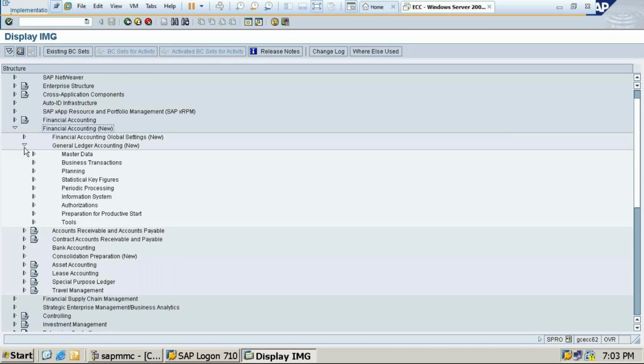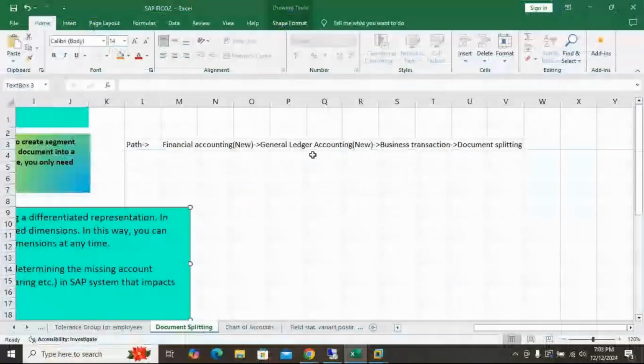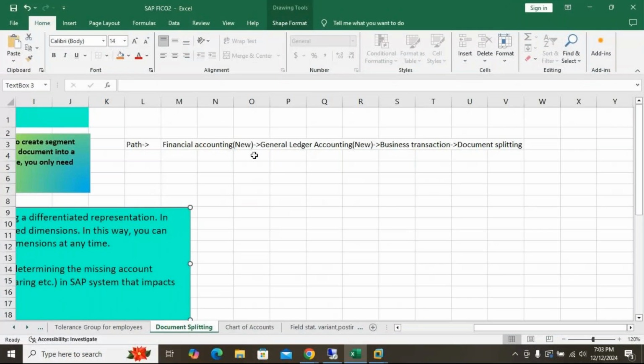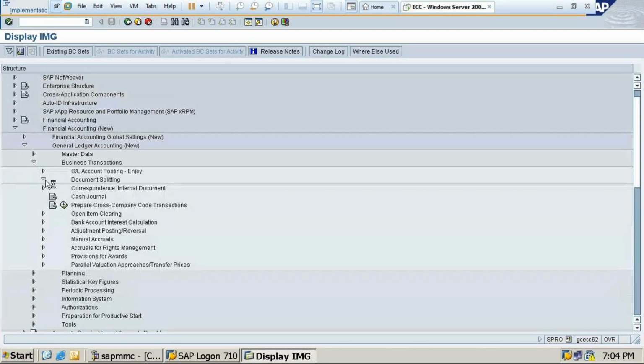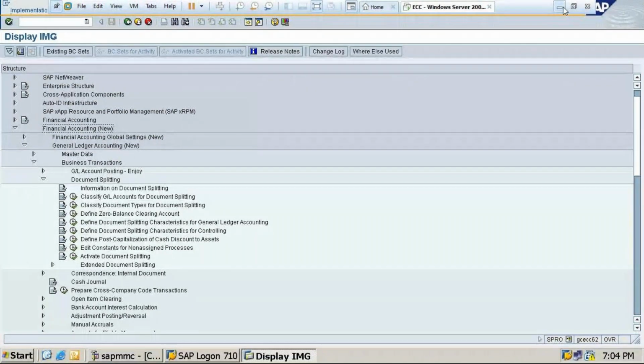General ledger accounting, okay. Financial accounting, not global settings, students. Financial accounting new, general ledger accounting new, business transactions, document splitting. So where is the document splitting? Business transactions, document splitting. It's correct only. You can write the path also for this.